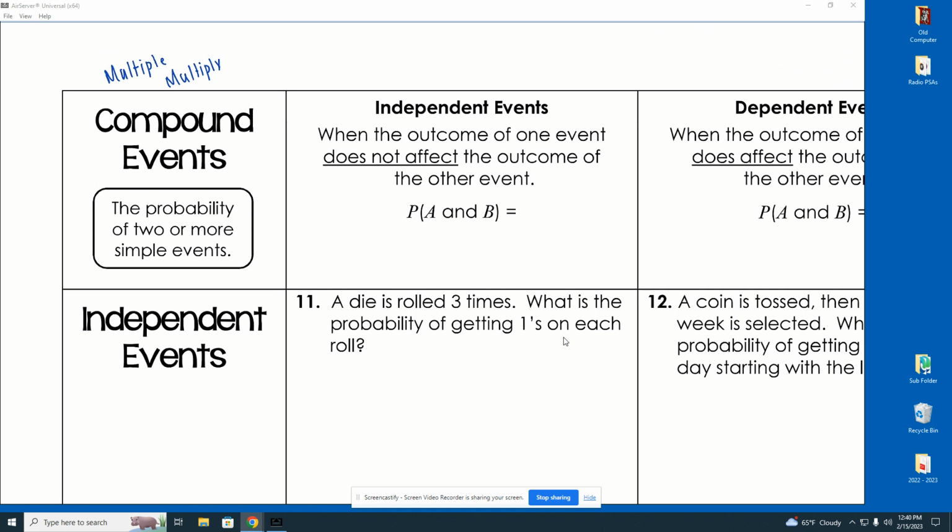Because if I'm talking about picking a number out of a hat between 1 and 30, if I ask about doing 1 time, that's pretty bad odds, right? But what about doing that same number 2 times in a row? That's even harder odds. So multiple events, you multiply the events. And there's 2 different types. There's independent and there's dependent.